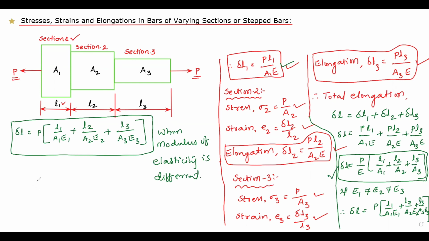And the most important thing is, we can also write this directly, because this is the procedure to derive the particular equation for the given figure, where we calculate the stresses, strains and elongation individually. And why do we need to calculate them? Because here the cross-sectional areas are different and the lengths are different, though maybe the load is constant. Due to this difference in cross sections and lengths, the stresses, strains and elongation will be different. That is the reason we calculate the stresses, strains and elongation for every section, and finally the total elongation.